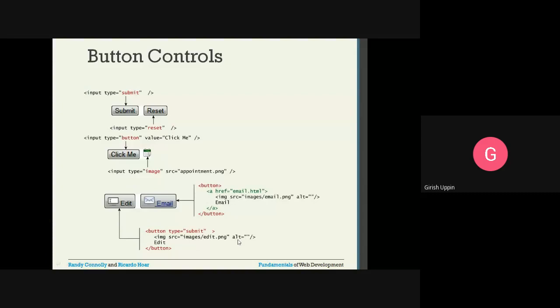Right now it is empty, and I have the content as edit. Between the opening button and the closing button, I can have any type of content. So this button is exactly similar to this submit button. The only difference is that this submit button is created using input, type as submit, and whatever content is shown here is by default.